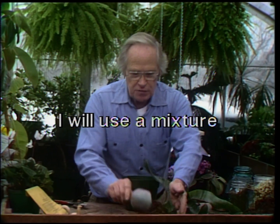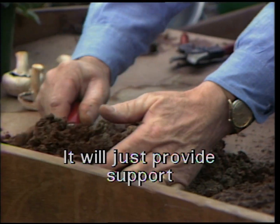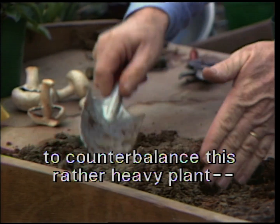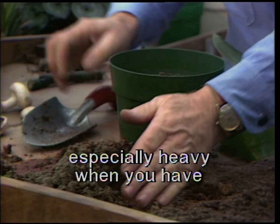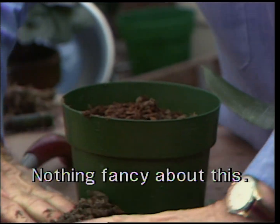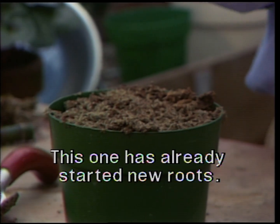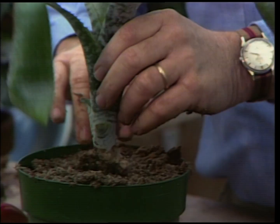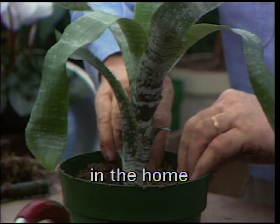I'm going to use a mixture of about half and half sand and peat moss. All it's going to do is sort of provide support and a sort of a counterbalancing weight to this rather heavy plant. It becomes especially heavy, of course, when you have the weight of the water that's being held in the cup. There's certainly nothing fancy about this. This one, unfortunately, has already started a few roots. Just stick that little plant down in like this, and that is ready to grow, and will grow very nicely